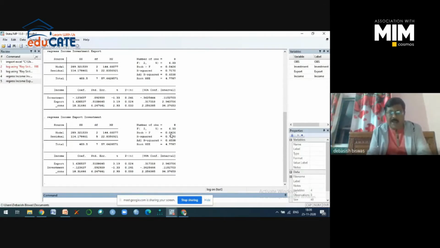So you can say that the F value of your regression model is statistically significant. It implies that there is a joint impact of two independent variables on